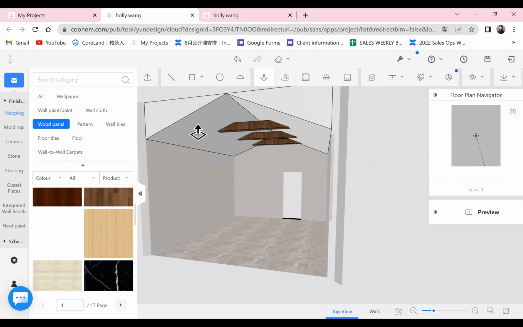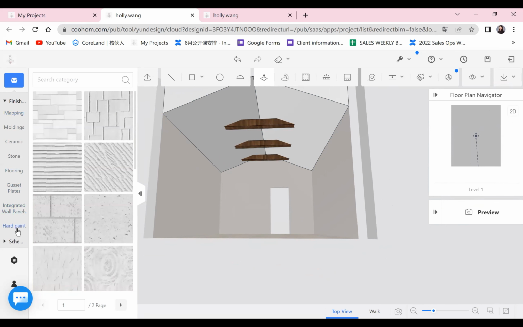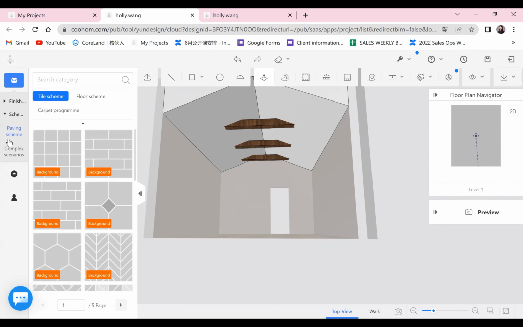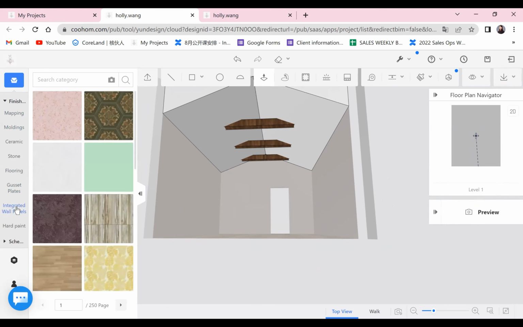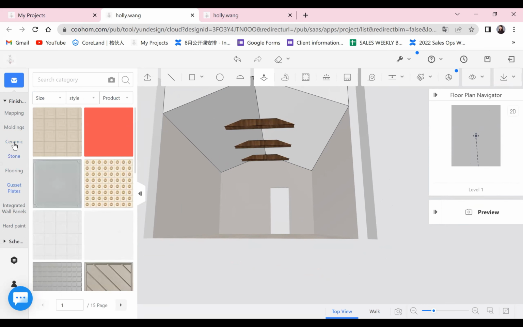And then you can also apply some texture for these two parts. We can go to, let's find something, okay. Gusset plates, maybe.